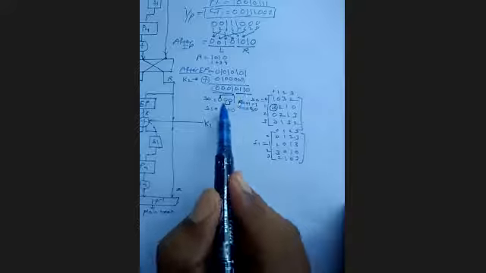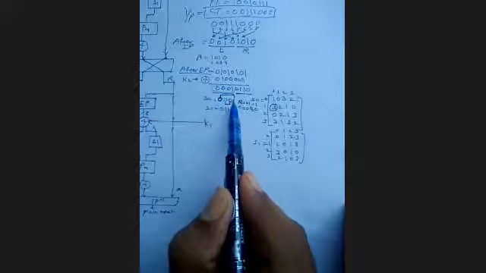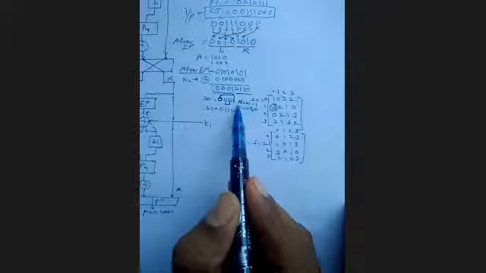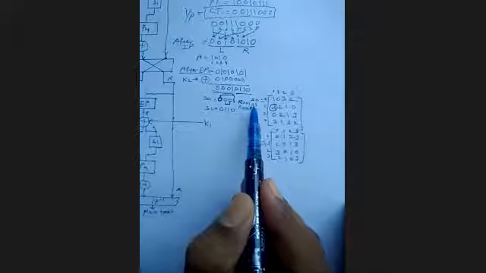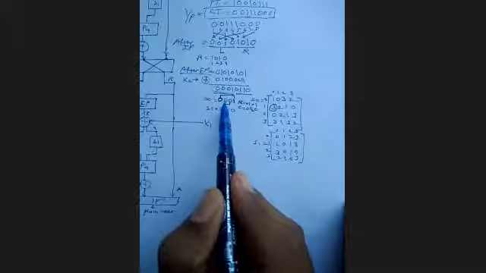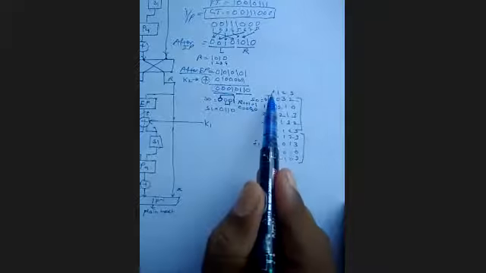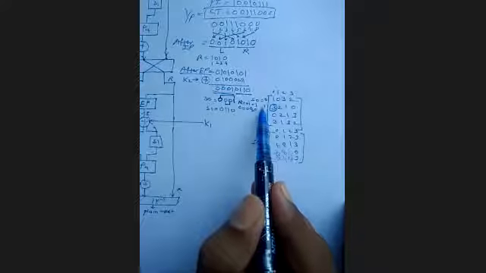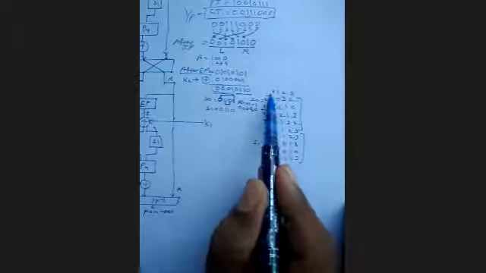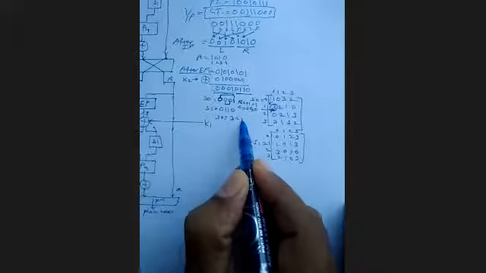Now what they have said, from the row point of view, you have to consider 0 and 1. This is my row. So 0, 1, I have considered as row. So 0, 1 is the binary value 1. Then the middle value you have to consider 0, 0, so that is my column. So 0, 0 is the binary value 0. So first row, zeroth column, becomes 3. So this S0 becomes 3. And what is the binary value of 3? 1, 1.